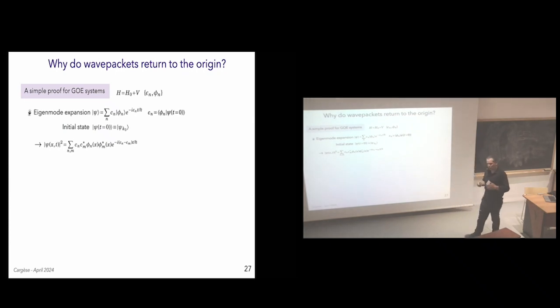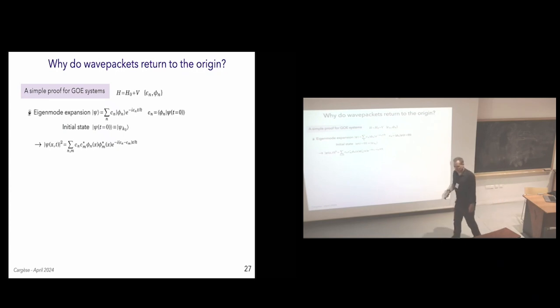It's because I know that at long time the disorder average is time independent. So if I average this, then necessarily the long time limit will be dominated just by the diagonal terms, because otherwise I will have residual time dependencies. That's the key point of the argument. Because I know that the long time limit is localized. I assume that at long time my wave packet is localized, so it no longer moves in time.